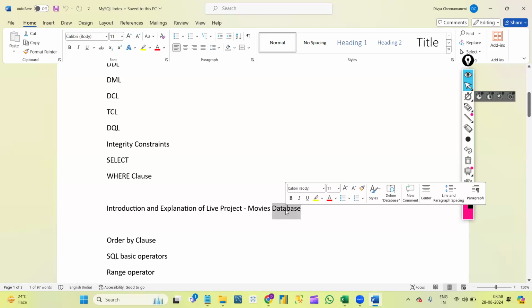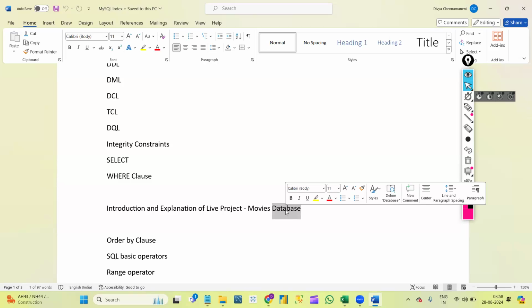That means, as I said, I will explain every concept in this course by using real-time data. In most of the institutes, they will explain the concepts with definitions and syntaxes. If they want to show you the syntax, they will use something normal, like we just saw, a students table or employees table. By that they will explain all the things, but in real time it's not like that. We won't work on small data, we will work on big data only.